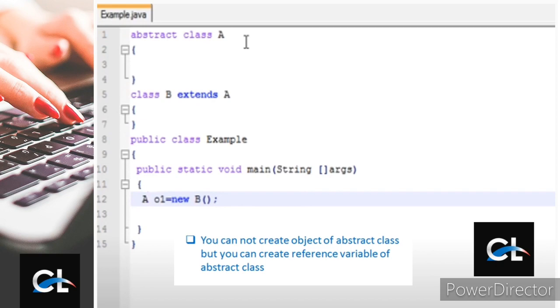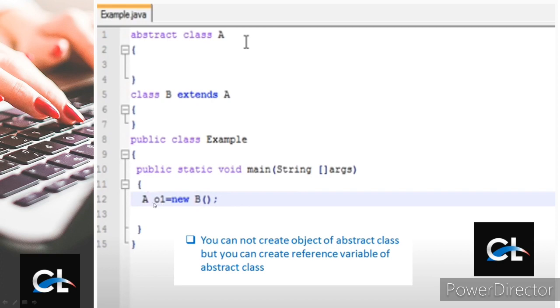Now what is the meaning of this reference variable? If you look at this statement, A O1 equal to new B, first bracket open, first bracket close, semicolon. That means we are not creating an object of A here. We are using O1 as a reference variable and this class is used here.